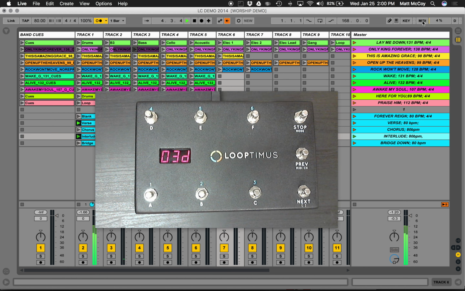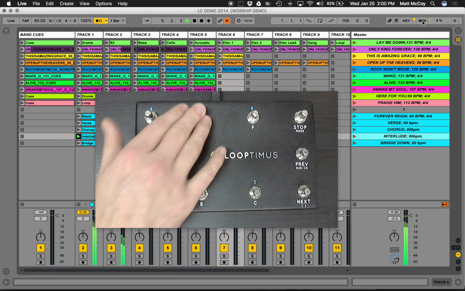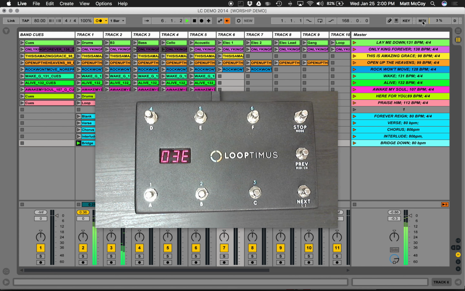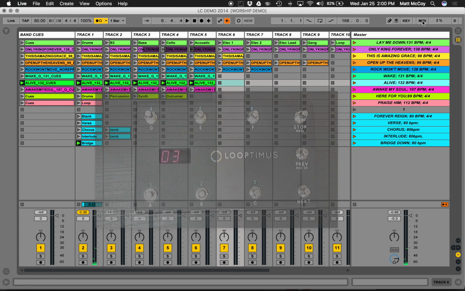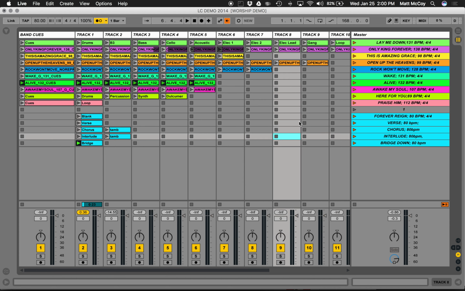So I can trigger the different sections of the song with the Looptimus pedal. You might be wondering, well, how in the world do you actually break your song up into sections? Let me go ahead and show you that, because this is something where people are going to want